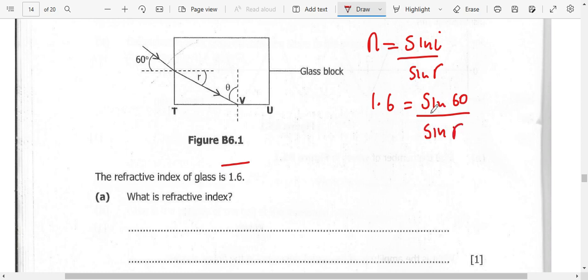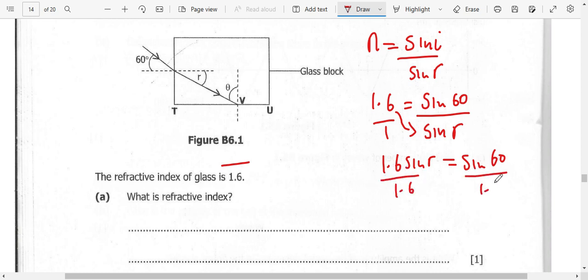Now the sine of 60, we just need to punch on a calculator. So what I'm going to do is I'll say this is over 1. I multiply 1.6 by sine R, that will be 1.6 sine R, and that will be equal to 1 times sine 60, that will just be sine 60. I want to remain with sine R, so divide both sides by 1.6. So therefore, this 1.6 cancels the 1.6. This will give us sine R being equal to